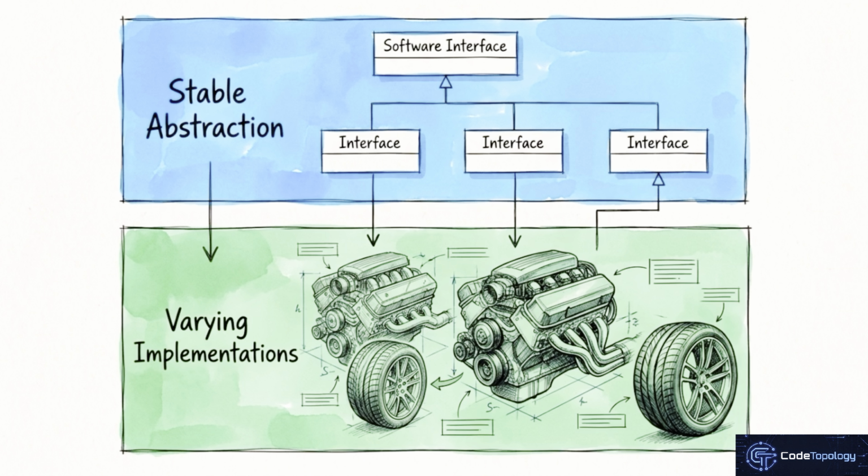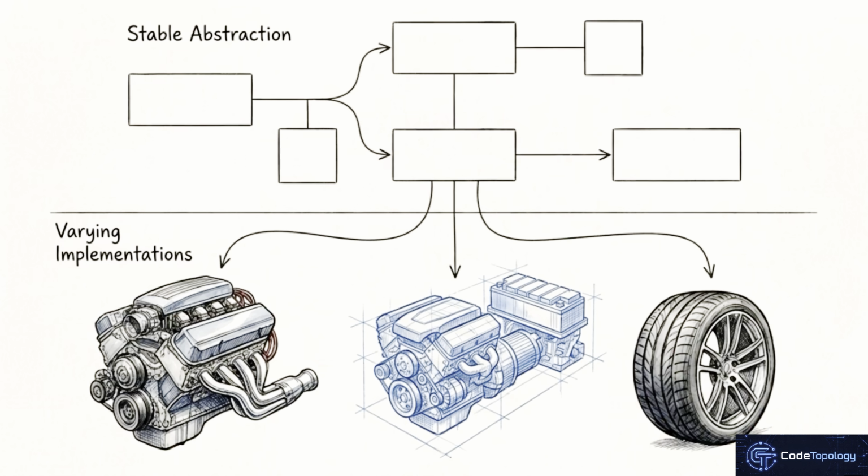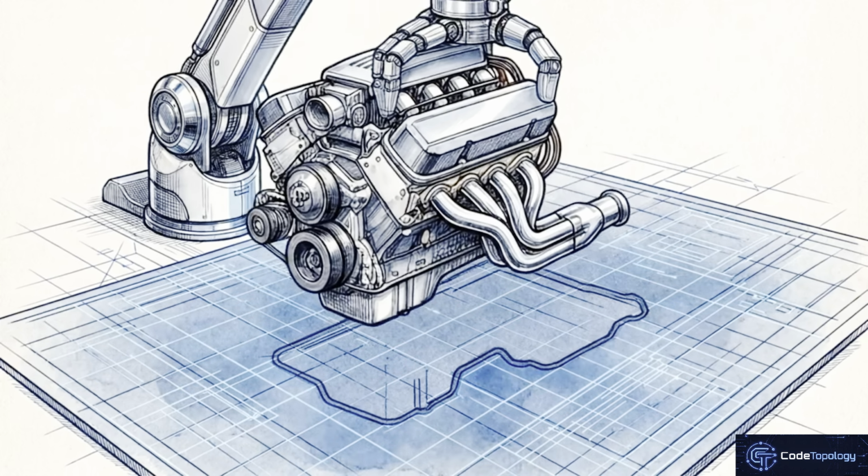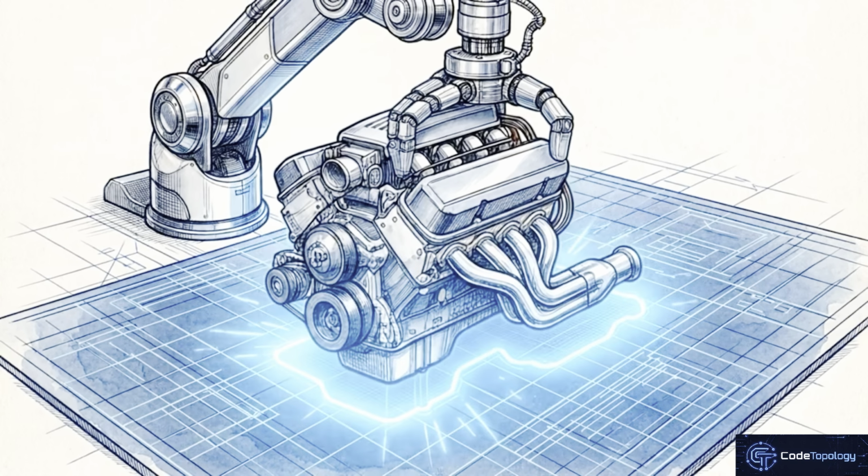By separating the stable interfaces from the varying implementations, we create a single architectural seam. This layer of abstraction allows the system to support new families of products by adding new classes rather than rewriting existing ones. To see how this architecture behaves in memory, we can map the car manufacturing constraint directly onto these